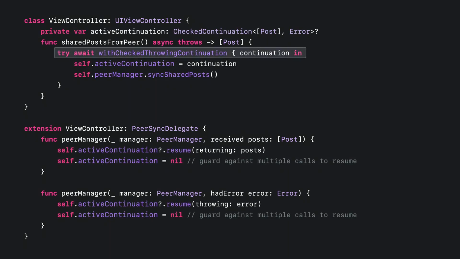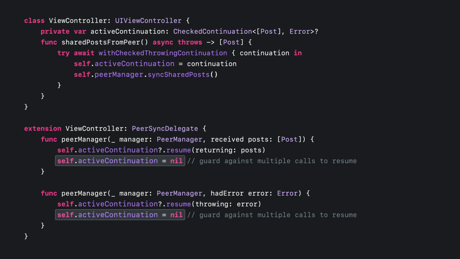As before, we create a checked continuation. Then we save it and kick off the work. To respect the API contract of checked continuations, we make sure to resume the active continuation. And finally, nil it out so we're protected from calling it more than once.